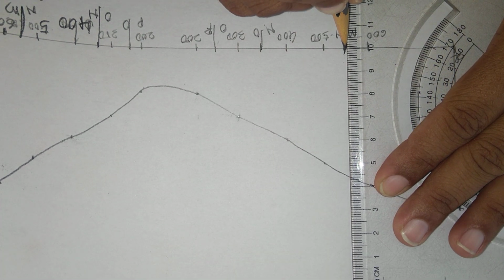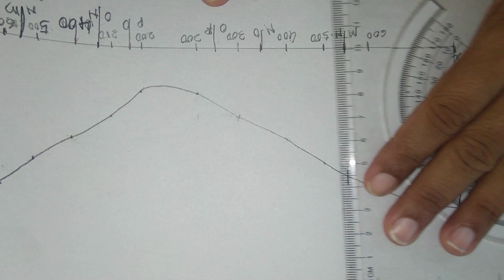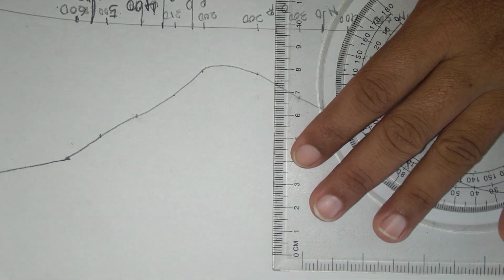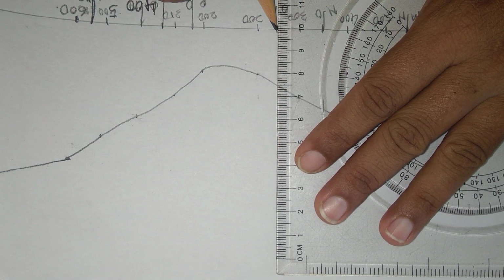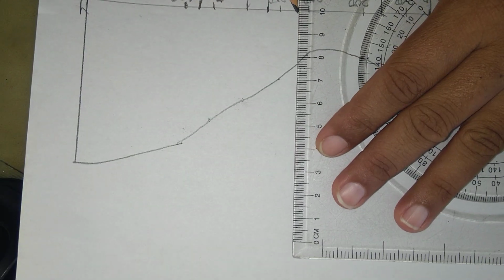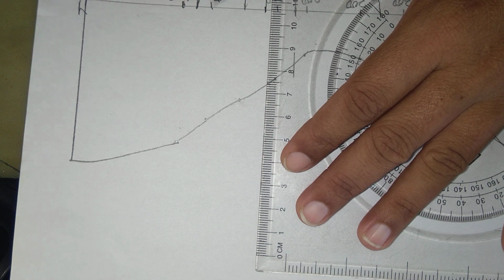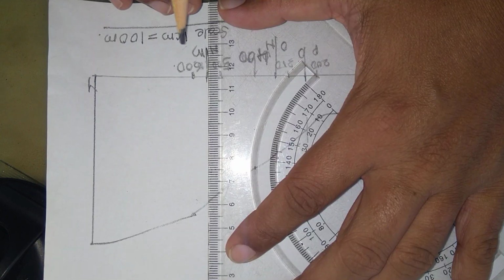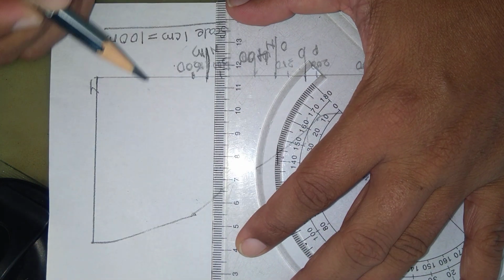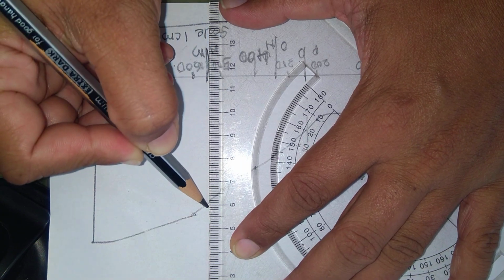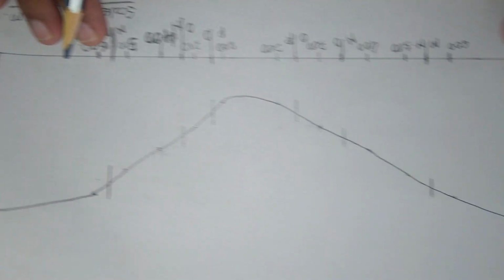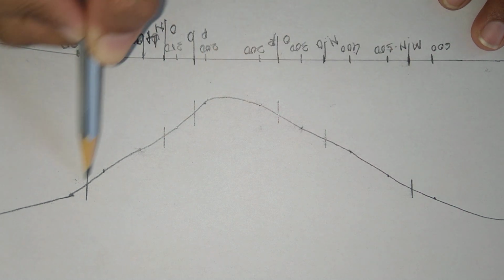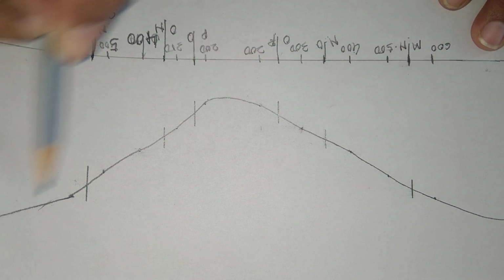Okay, so this is the first bed MN. I will transfer here at the top. Then this is NO. Will transfer here. Then OP. Then PO. Then this is ON. And the last one is MN. Yes. So what we did is, we transferred all the beds from the bottom to the top on the XY section. That is a profile.